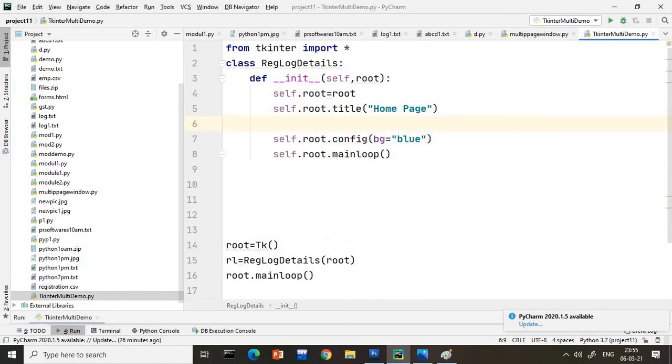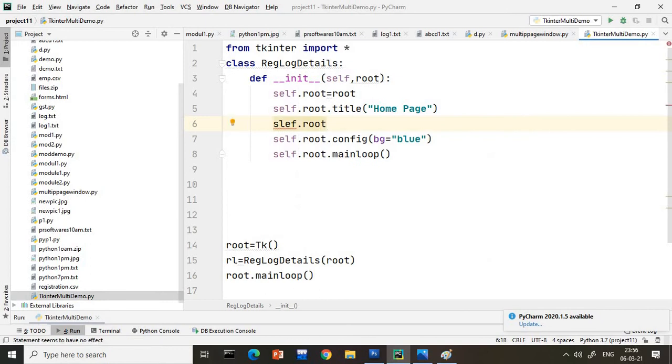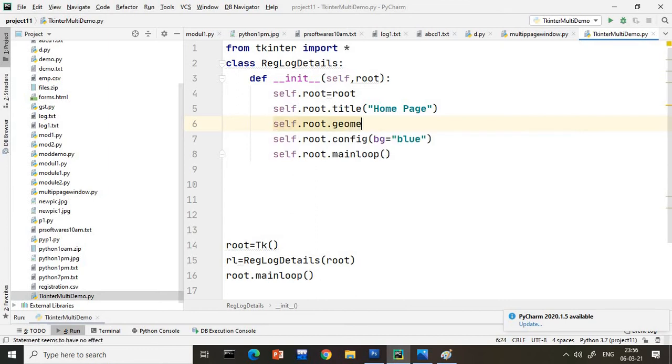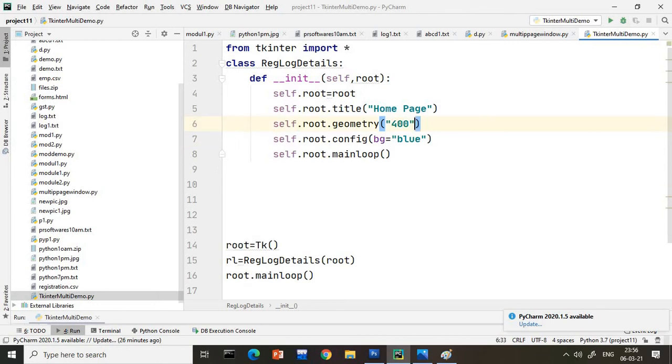Afterwards, what we need to do is select, because my window was coming in a very small size. So I want to change that window size to whatever my requirement is. Let us say self.root.geometry. So what size do I want? Minimum I want is like 400 by, okay, let's just take 400 by 400. This is actually x, guys, some students get a lot of confusion here. 400 by 400 I will take the size.